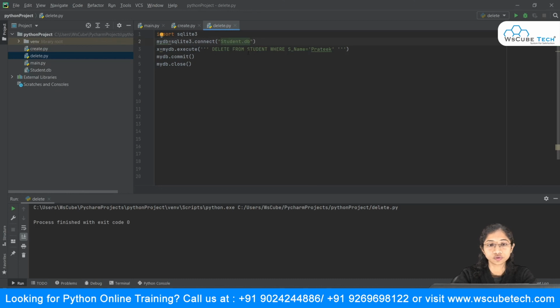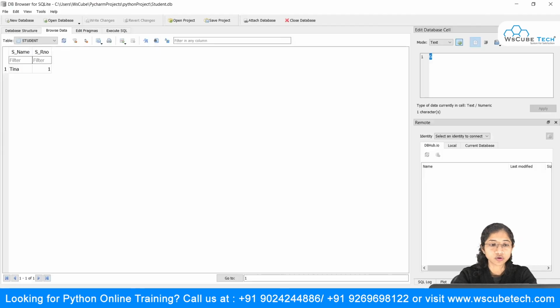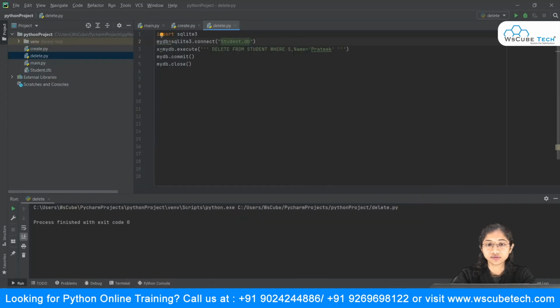Inside this you need to fire a query, and this is your query for the delete statement, for whatever record you want to delete. You say delete from the table name, and the where clause specifies which particular record you want to delete. You can go to your DB Browser and check which field name you have, and depending upon the field name you can type your query. As you can see, first we did it with the roll number, and here we even deleted the record with S underscore name. You just pass the value, in this case Pratik.